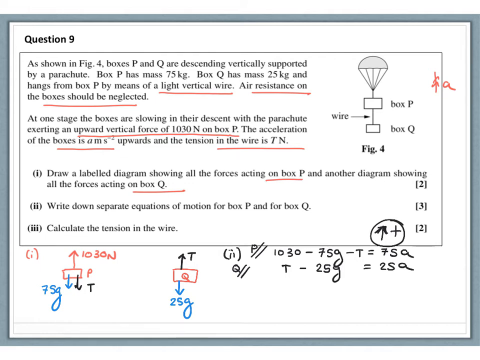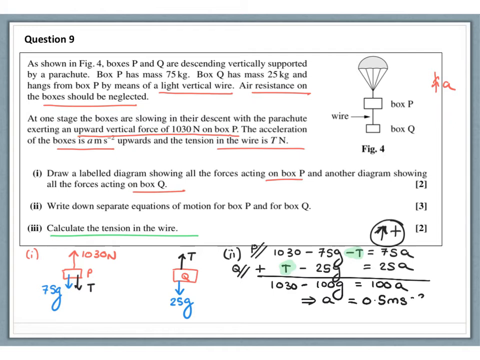Part 3 asks us to calculate the tension in the wire. So note that we can, of course, see our negative T and our positive T here and add these together. So that's 1,030 minus 100G equals 100A. And from there we can work out the acceleration, which is 0.5 meters per second squared. Substitute that into either equation to work out T, which comes to